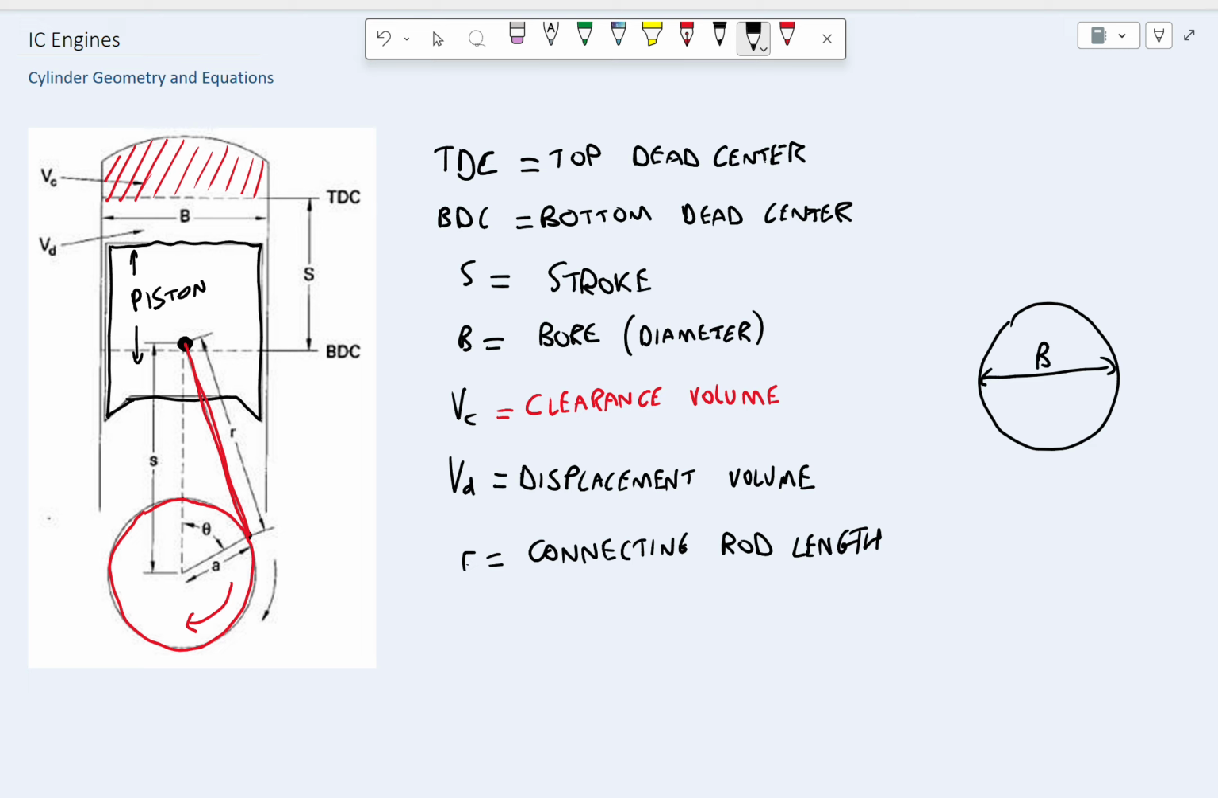We can also say that lowercase a is the radius of our crank. Okay, so the crank is what gets powered by the engine, and the crank uses a shaft to transmit the power to a gearbox. Okay, so if we want to look at it in geometry terms, we can say that